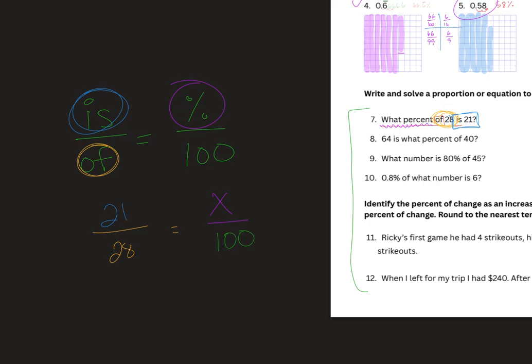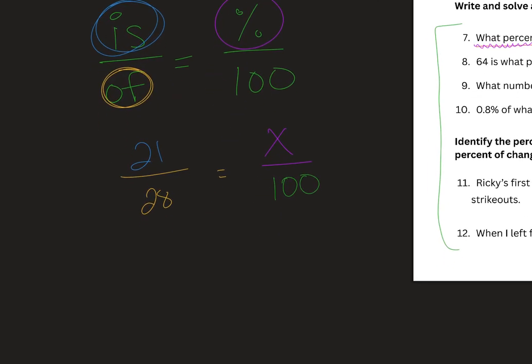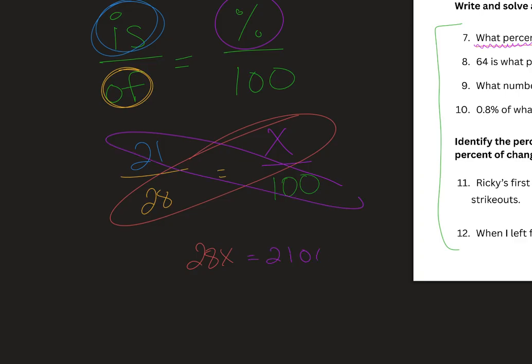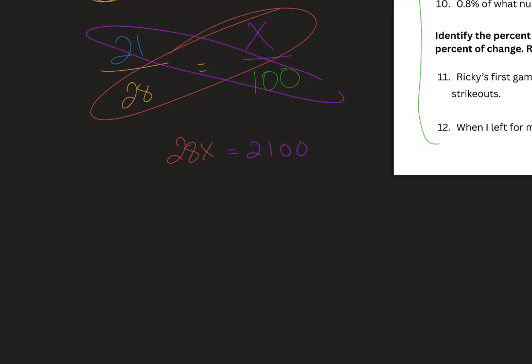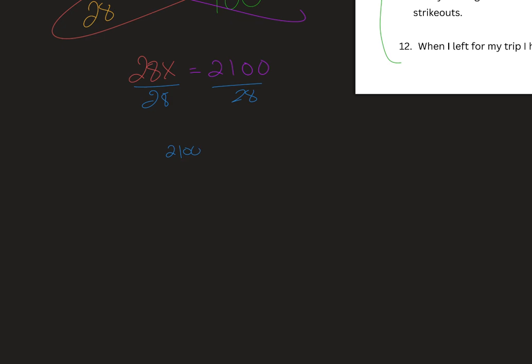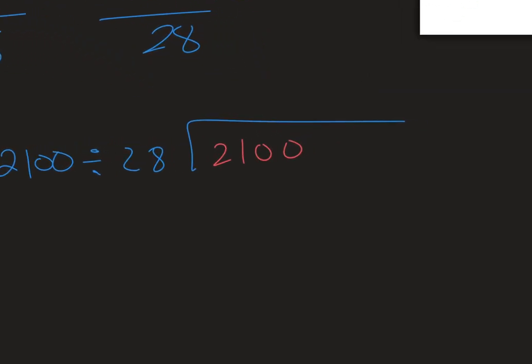Is. So again, you might have looked at them and been like, I know that answer. Cool. Maybe you didn't. If you did not, this is a possible strategy. So you cross multiply. That's something else that, if you paid attention, we said, hey, this is how you do this. 21 times 100 is 2100. You can solve that by dividing both sides by 28. And 2100 divided by 28, you can start dividing just like this. So how many times does 28 go into 21? None. But how many times does 28 go into 210? Let's see. Let's try